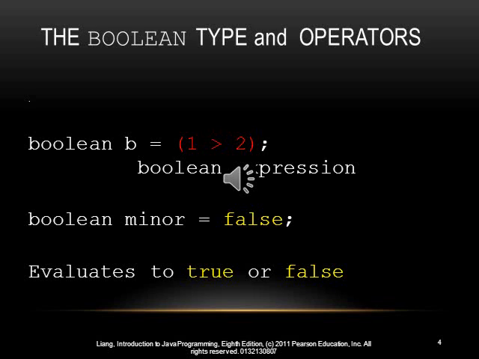So if I had another Boolean variable, let's call it minor, and I want to initialize that value to true or false, I have to use the lowercase true or the lowercase false, because those are the values that are recognized, and Java is case sensitive. If you look up your reserved words in